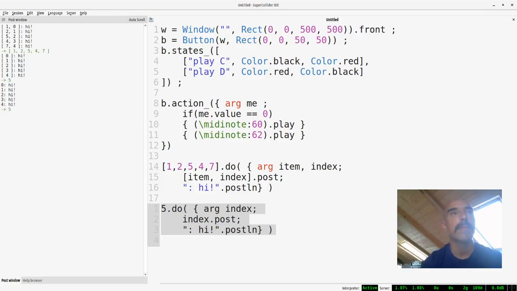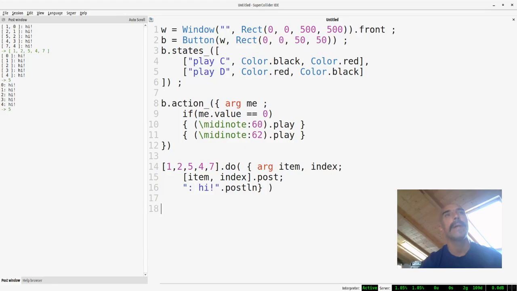Well, this means that this is very powerful because you can iterate over collections. And it is also the preferred way to implement iteration in SuperCollider, exactly to do this. You want to do this 5 times, 5 dot do. Hey, 5, do this, and you pass a function. So let's go back to